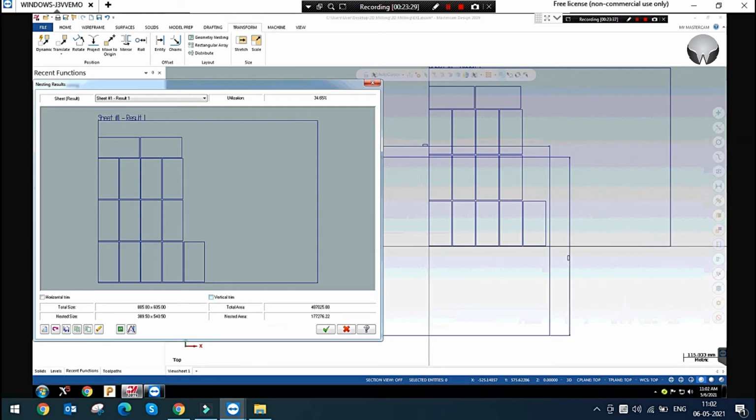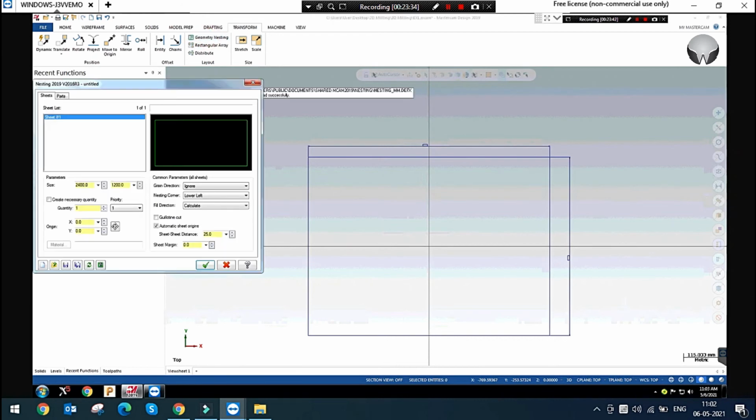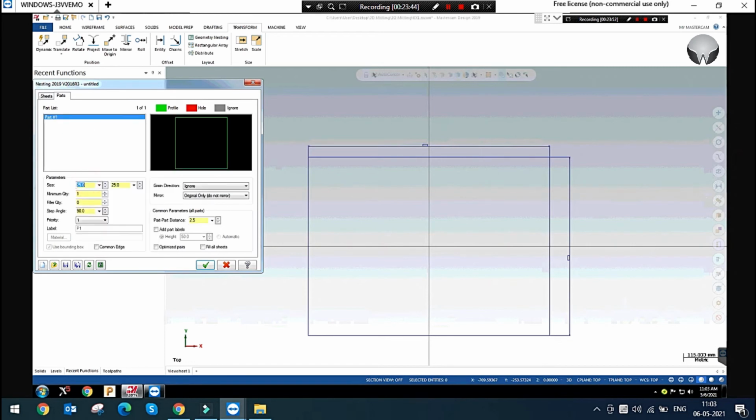In this case, we can also use the option for the space between seat to seat distance. This is seat to seat distance, and this is a part distance. 2.5 mm from one part to another part. Seat size is 150 and our width is 75, right?